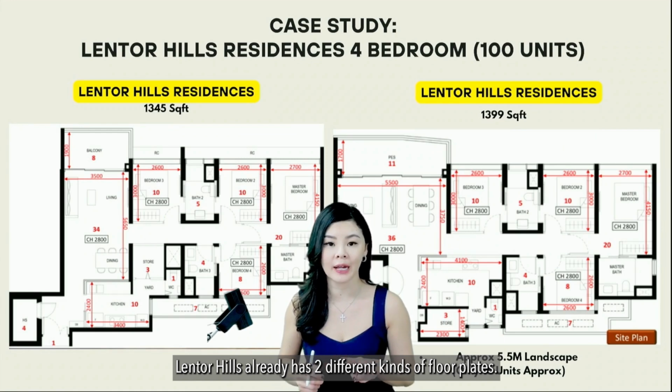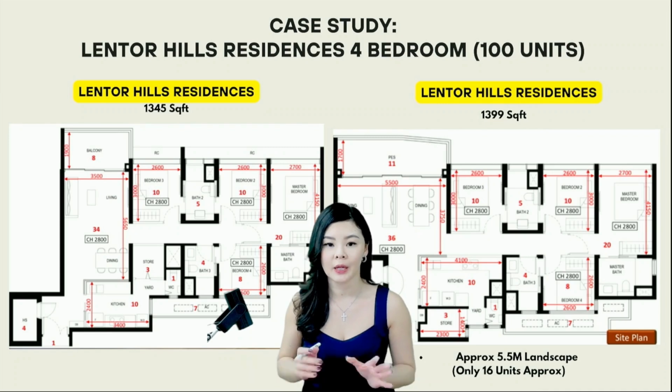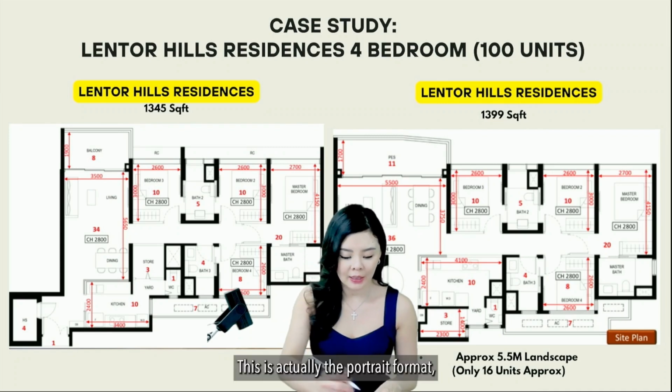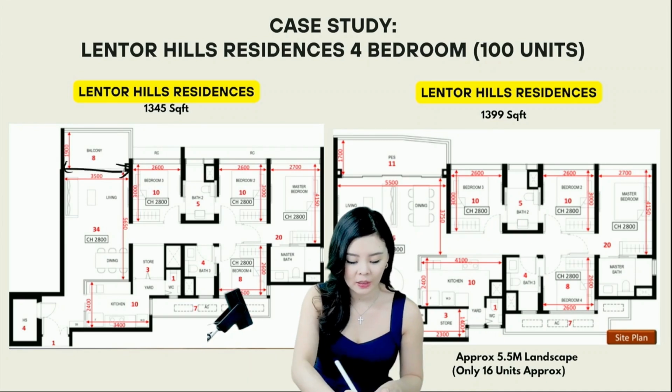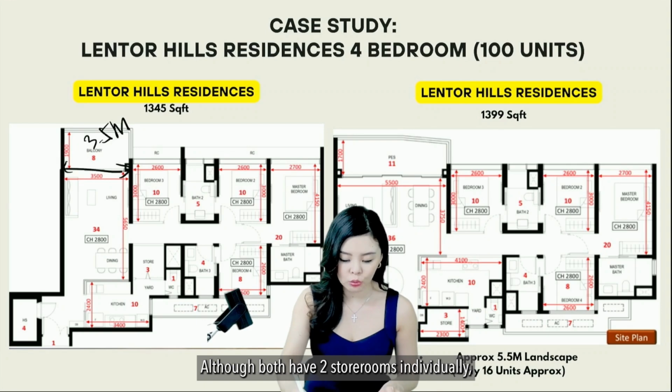already has 2 different kinds of floor plates. 4 bedrooms, 1,300 plus square feet. But the way that the developers configure the floor plan is so different. This is actually the portrait format, 3.5 meters. Although both have 2 storerooms individually,